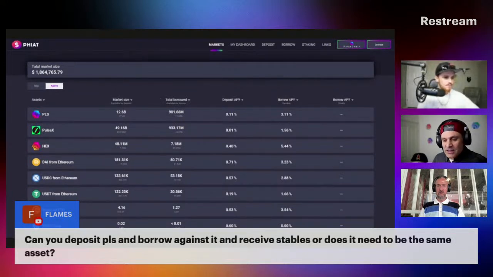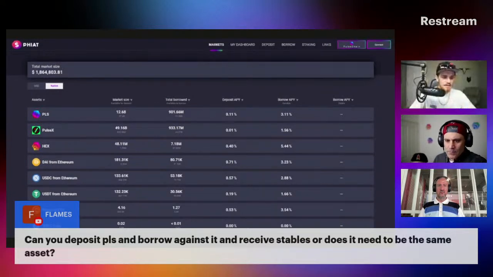Now, I'm guessing, and this is just an assumption on my side, that once there are some native stablecoins and they've proven themselves to be good, are they things that you would consider rolling into that list of assets? I think yes, as soon as those have sufficient liquidity and whatever the devs decide, once they run their numbers and calculations on whether it's worth it to add. Yeah, of course.